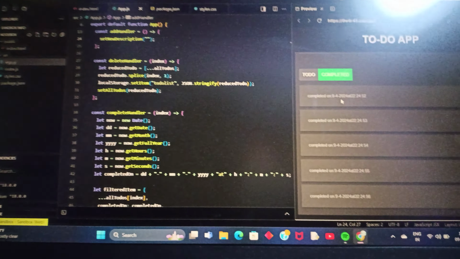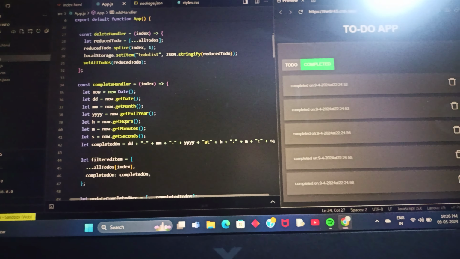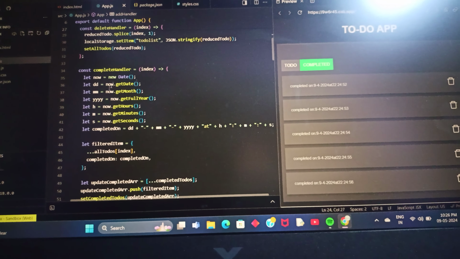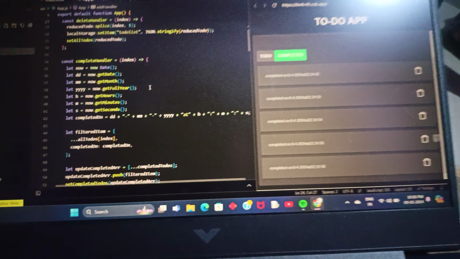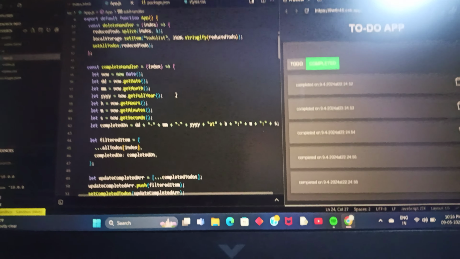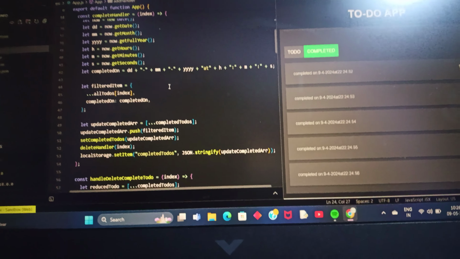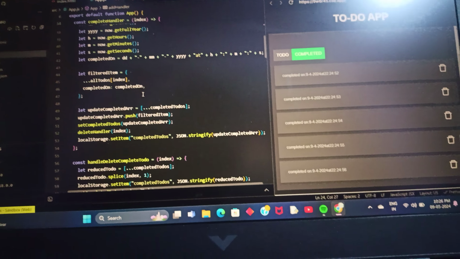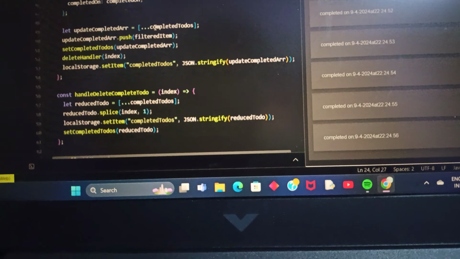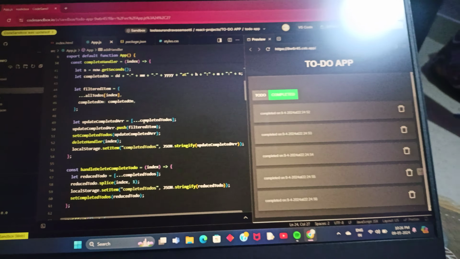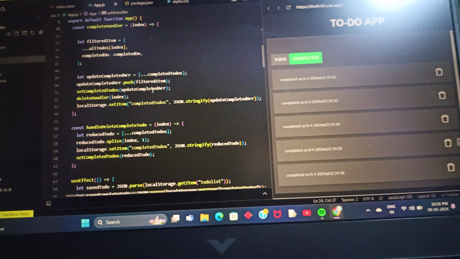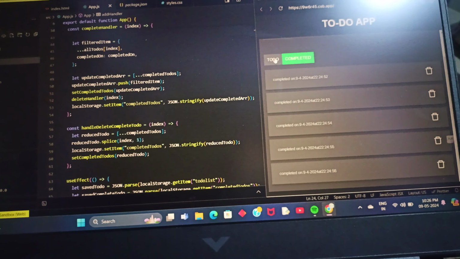So for that reason, I am creating the function complete handler. It gives the date and time of whatever to-do we created and when we completed it. It gives the complete details about the time and date of our to-do. So I take the variable of the filter item. In that filter item, I am giving the updated complete array. Okay, so when we click the